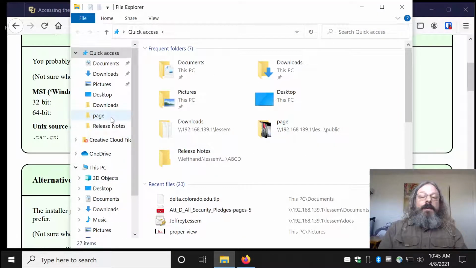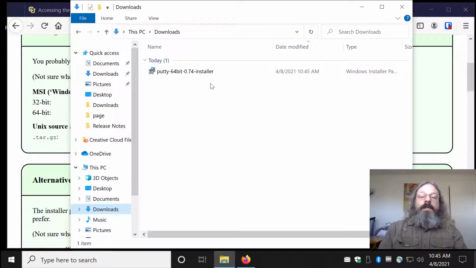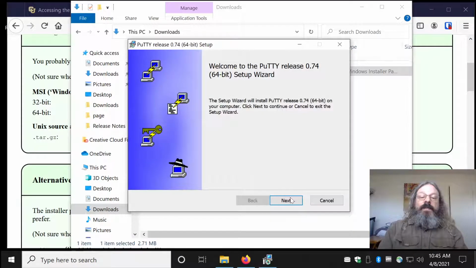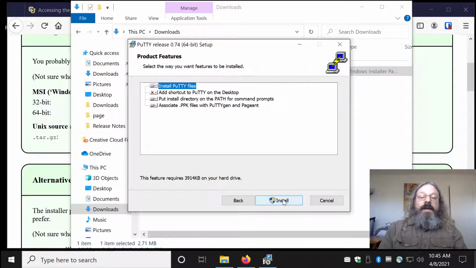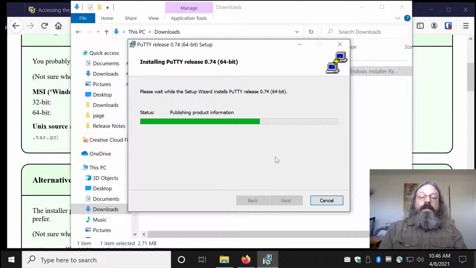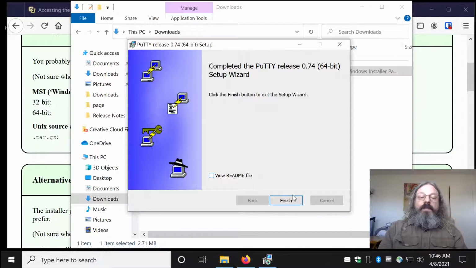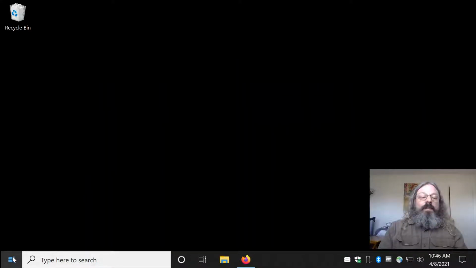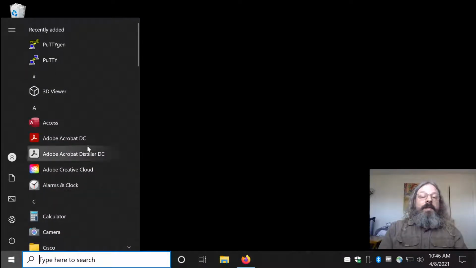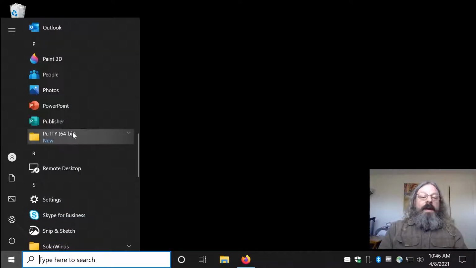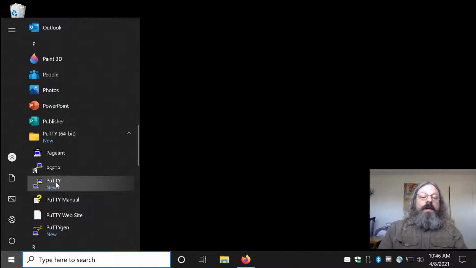Then you can go to your downloads. Double click on it to install it. And you can just hit next, next, and install. When you are done, you can come into your start menu and you should have a PuTTY item. Select that, click down to PuTTY,